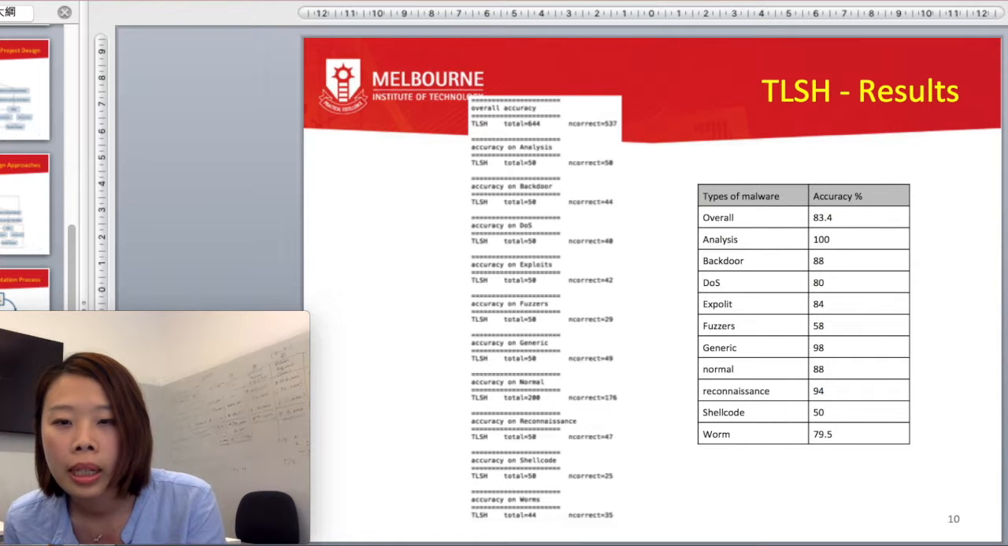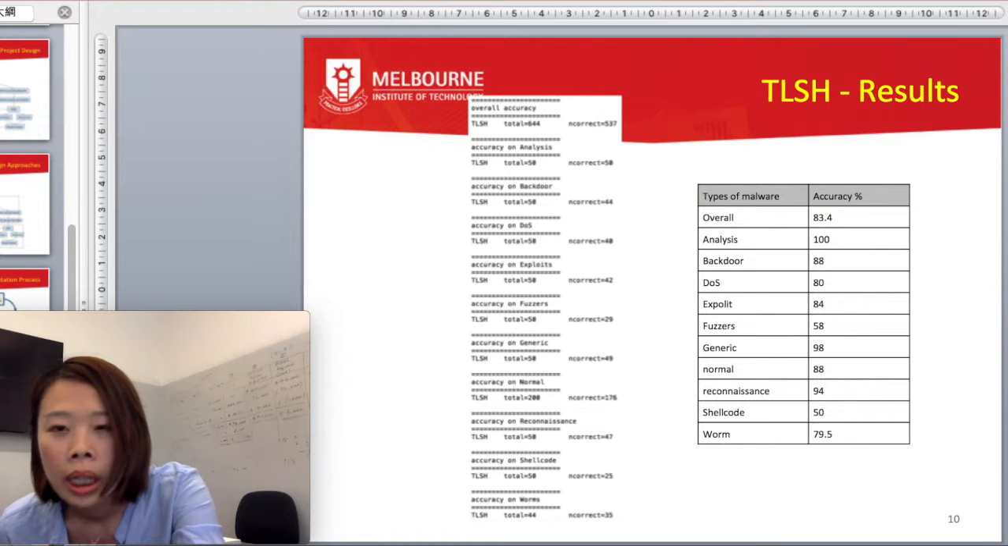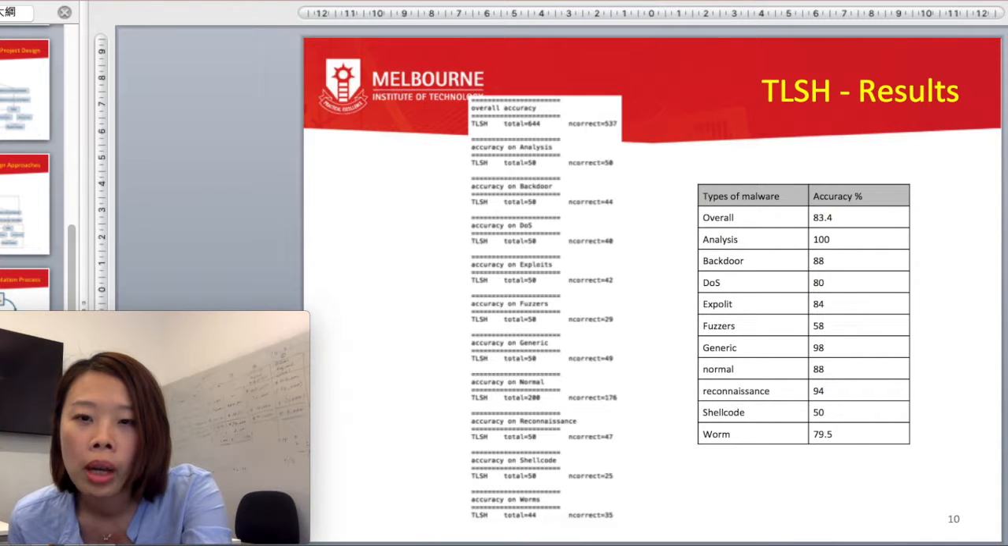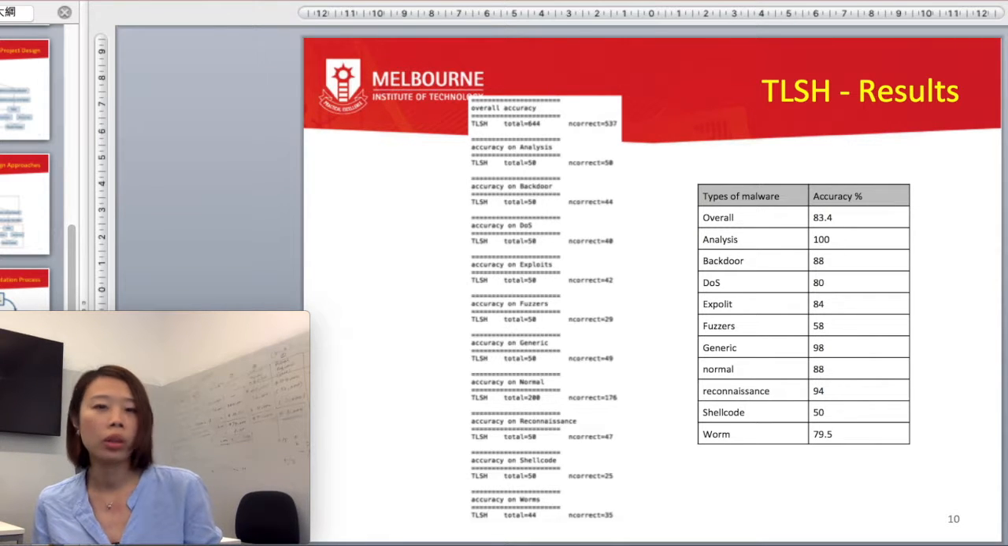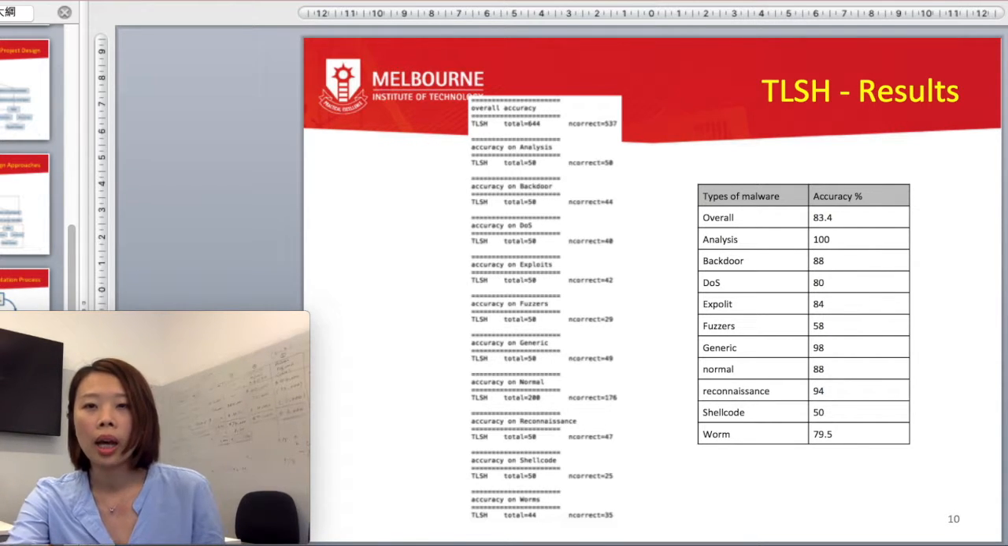But we can see the reason might be that shellcode, no shellcode and faster have a lower performance rate. It might be because shellcode and faster have a similar situation to normal, so it reduces the accuracy we want to get. And next up, that's